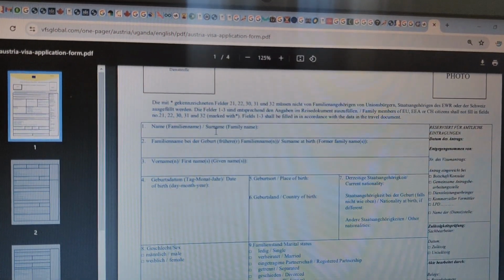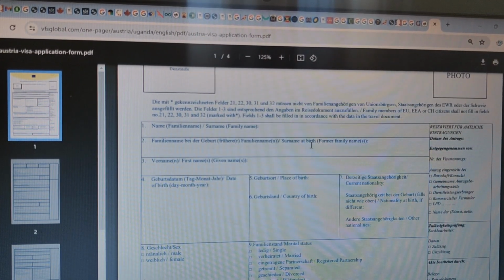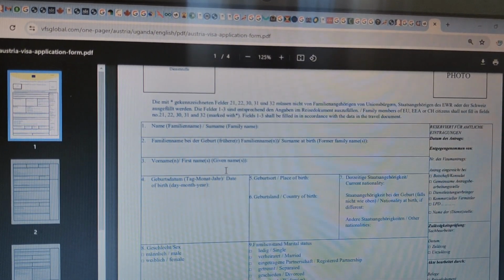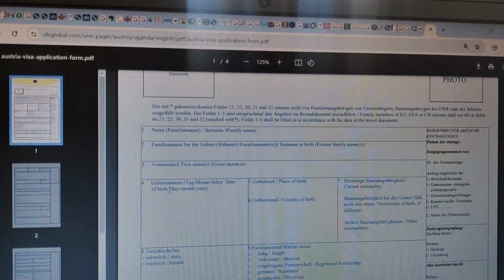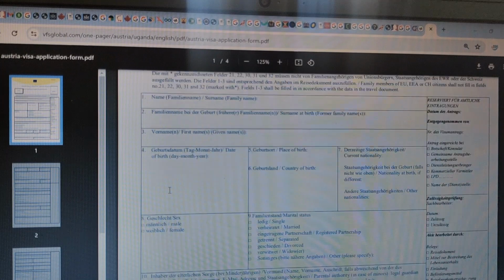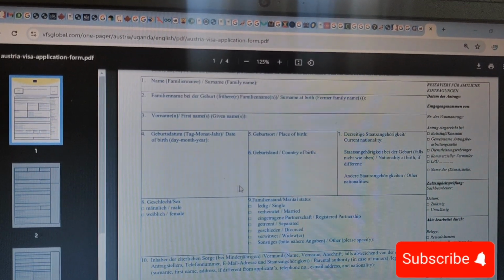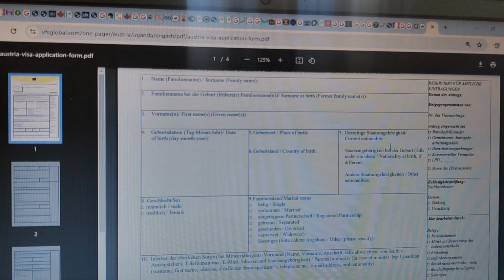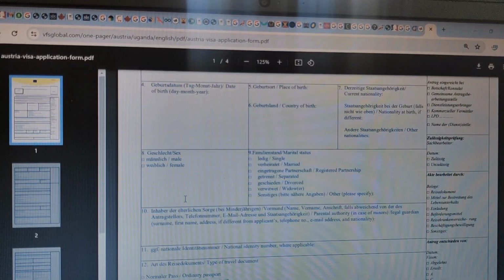Family name or surname. Surname at birth, that is if you have a former family name. First names, date of birth, day, month and year, place of birth, country of birth, current nationality, sex, male or female,